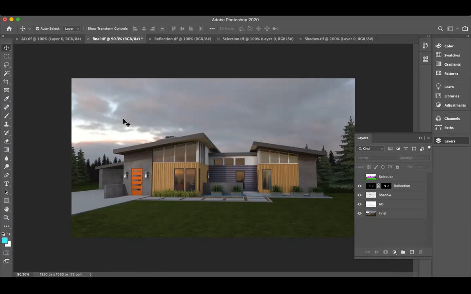I have got a promising output for the reflection. You can see here, this is the previous one without the reflection pass, and this is with the reflection pass. So this is the beauty of taking the render out with different passes. You can customize your image separately, as your choice.